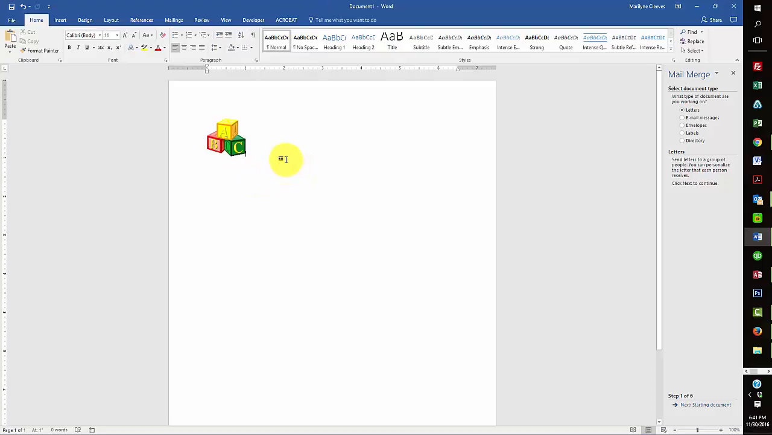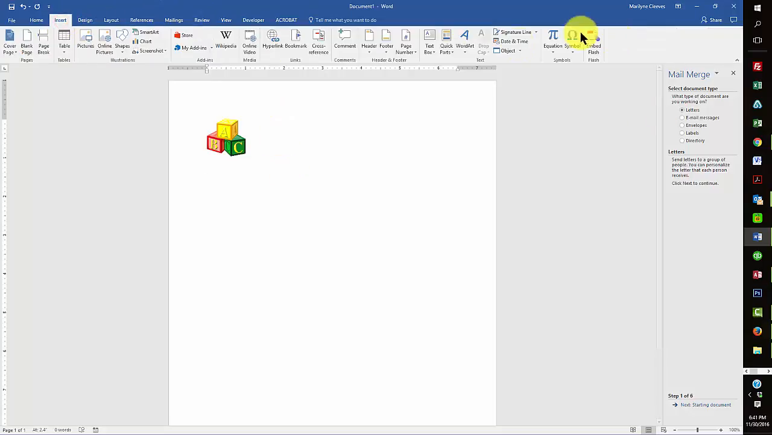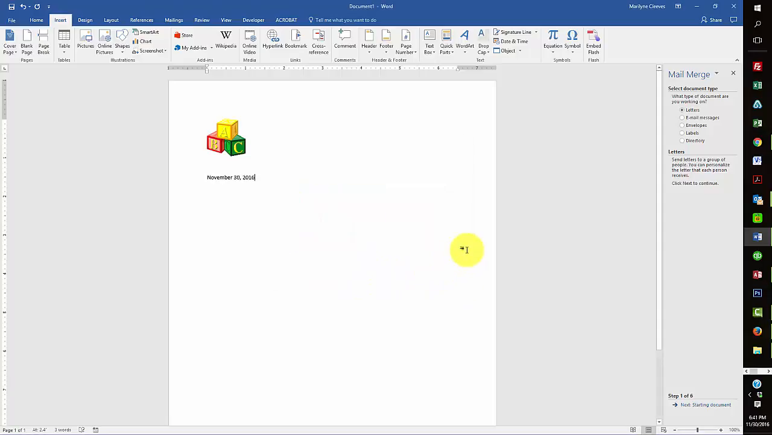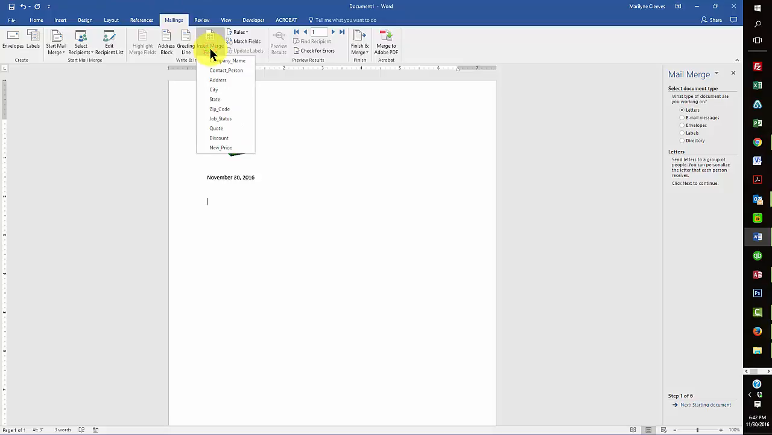And then insert the current date. So I'm going to come down and insert the current date, insert date and time, choose the date, click OK. And then I'm supposed to insert the merge fields for the address. So this is 2 hard returns, and then you insert the merge fields, and those were going to be probably contact person, and then company name,